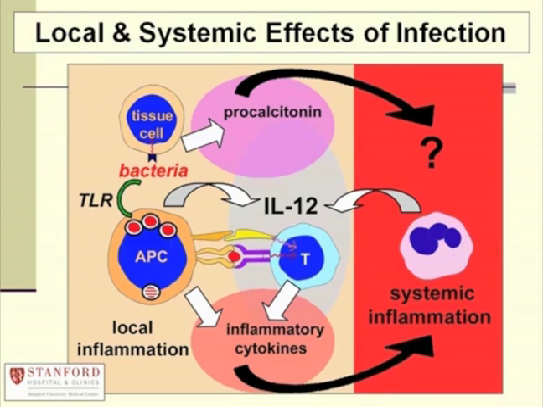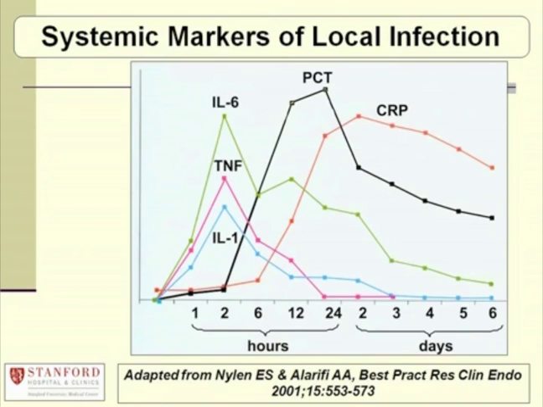The laboratory testing for this systemic immune response that we're going to focus on is primarily testing for the cytokines or procalcitonin or C-reactive protein, which is one of the acute phase reactants that the liver makes in response to the cytokine production. And this slide shows the classic cascade of cytokines that are present whenever you have any kind of inflammation. Actually, it says here local infection,